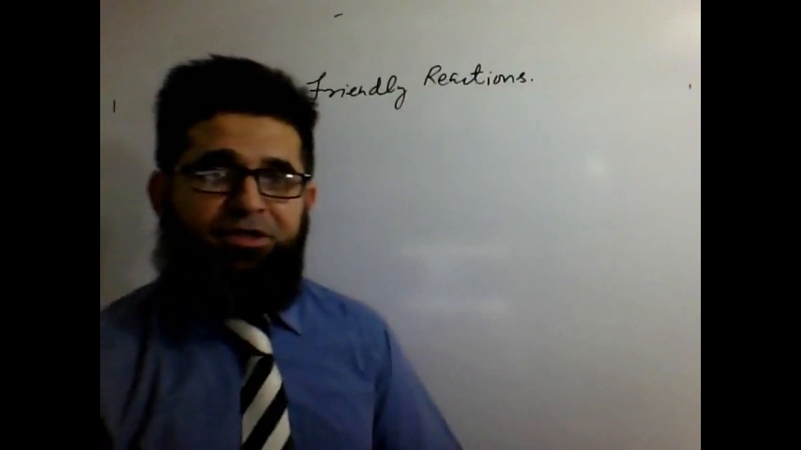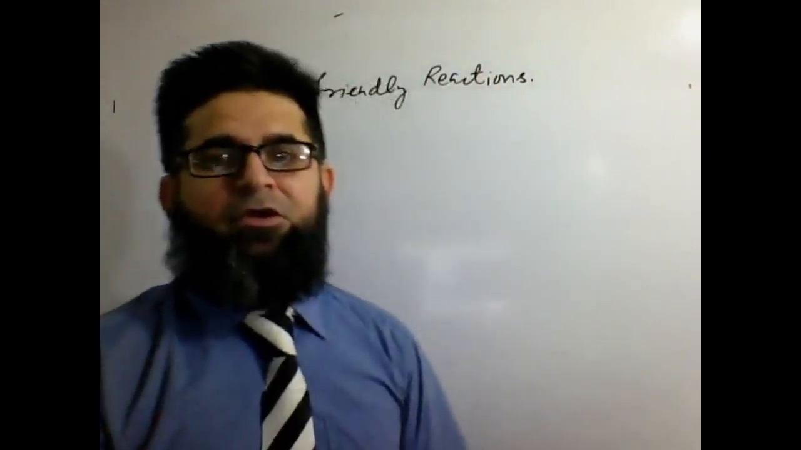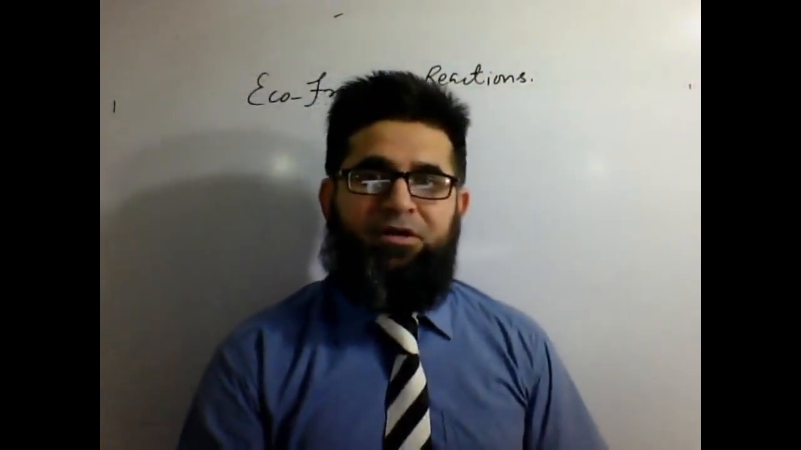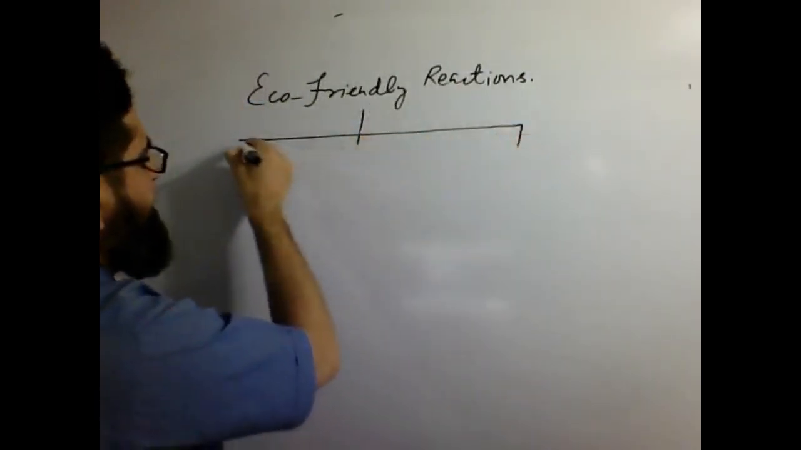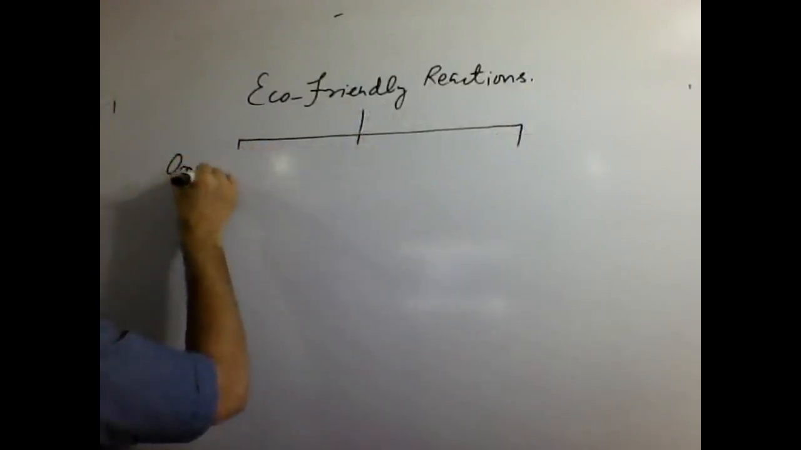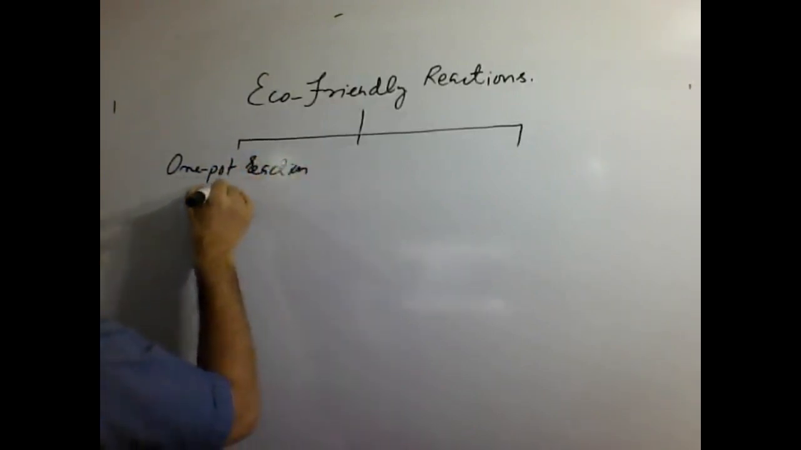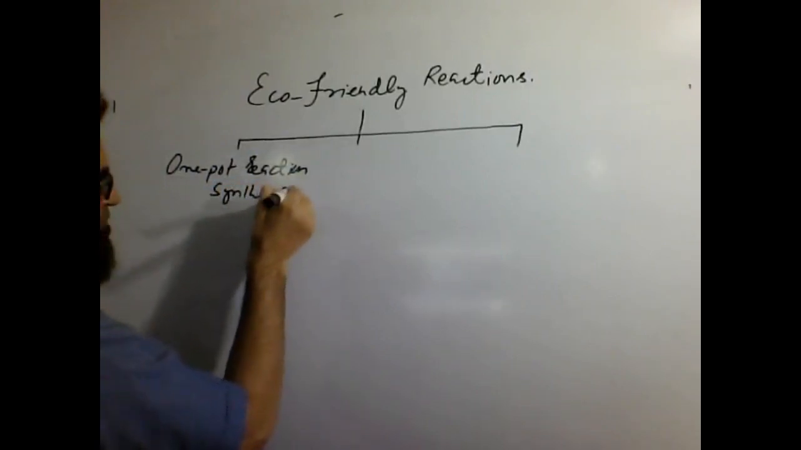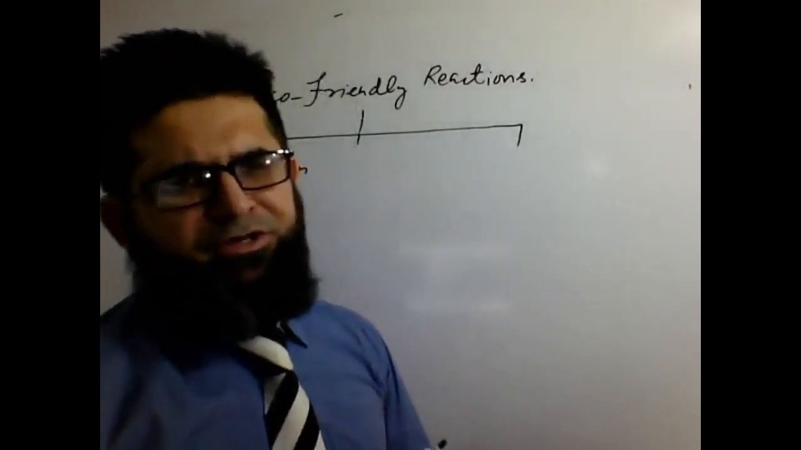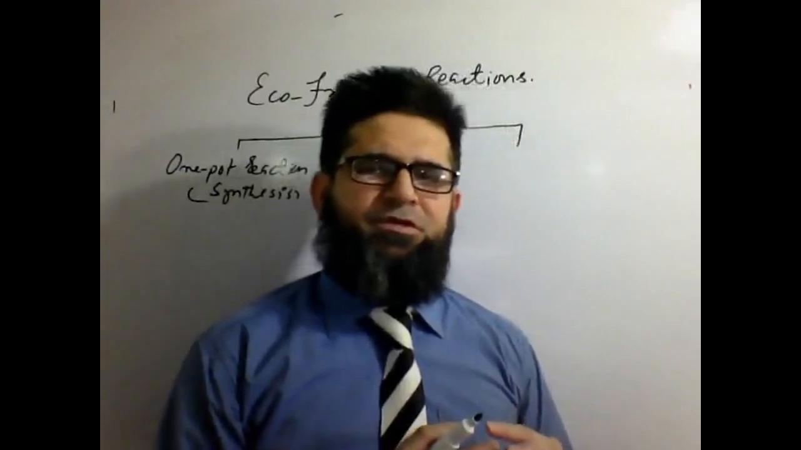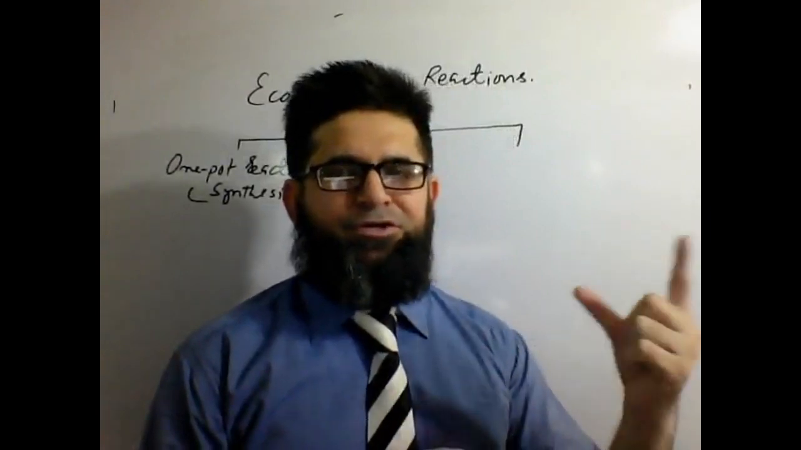Previously, we were discussing eco-friendly reactions, the reactions which are supposed to be non-hazardous and non-toxic for the environment. They are called eco-friendly reactions. In this category, I discussed with you guys one pot reactions, one pot synthesis. As an explanation, I started off with certain basic examples, let's say, nitration of benzene